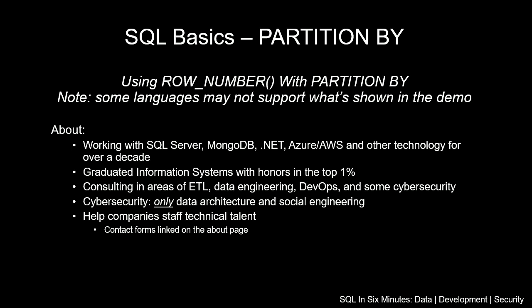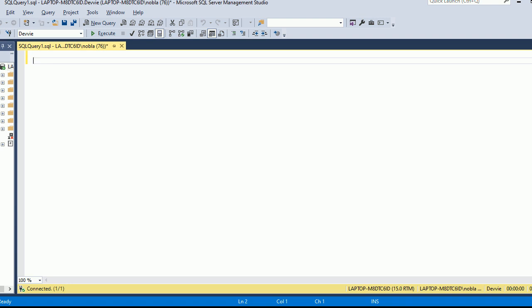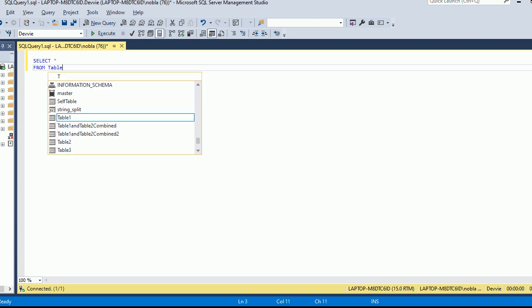In this video, we are going to be looking at SQL Basics, and we are going to be using partition by with row number. And so in this video, like the last video, we are going to be doing a live demo instead of doing anything with just the screenshots here. So I'm going to go quickly to one of the tables that we used last time,